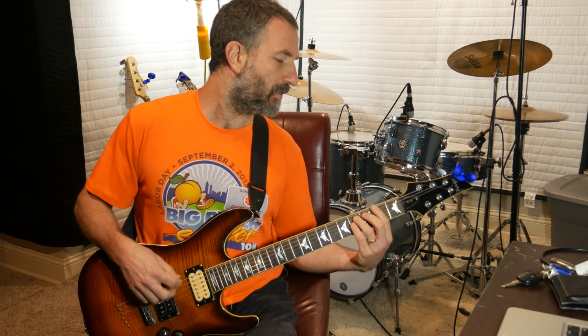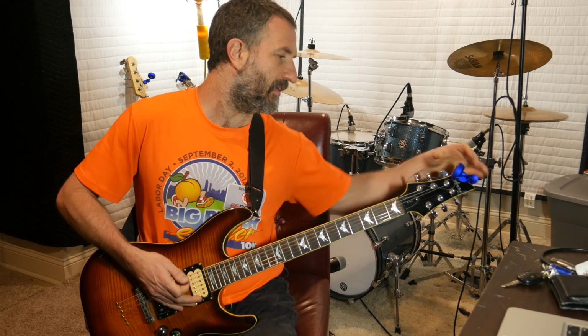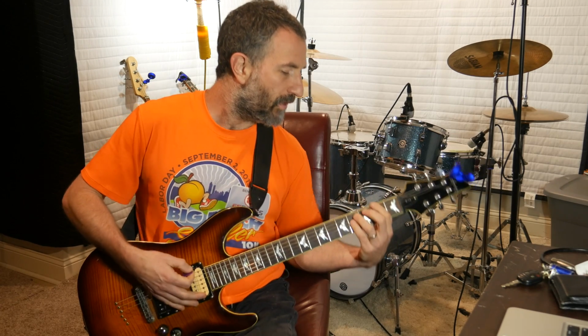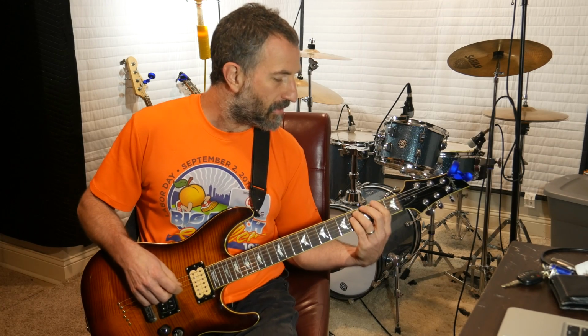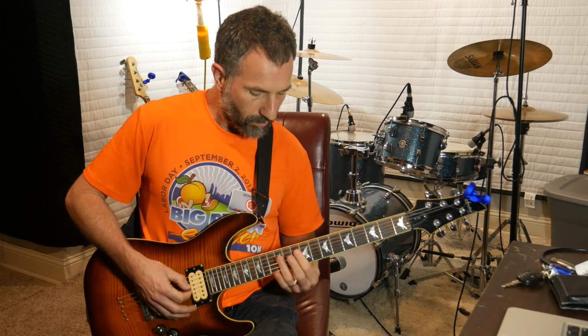Alright, so then it goes to the fourth part, which is you're gonna do a bar chord, hit that twice. Your pointer finger on the second fret of the E string, ring finger on the fourth fret of the A string, and your pinky on the fourth fret of the D string. Hit that twice, hit those top three strings. Then you're gonna go